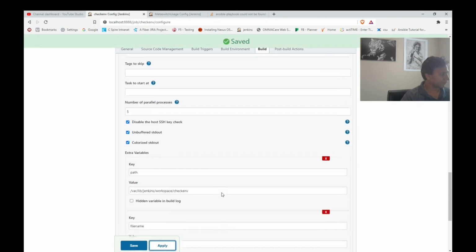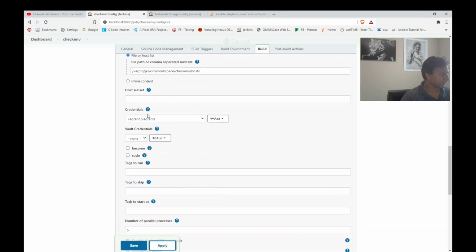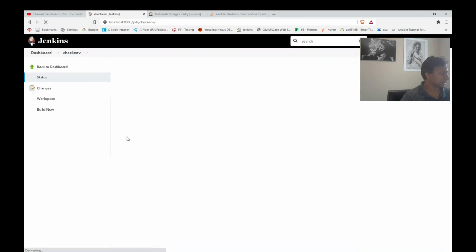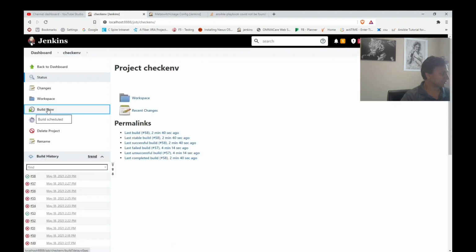Apply. Then what else I gave? The credentials. Actually, credentials is not mandatory, with the credentials also it runs. I gave this complete YAML file, and in file.host I gave this host name. So I'm going to execute now.